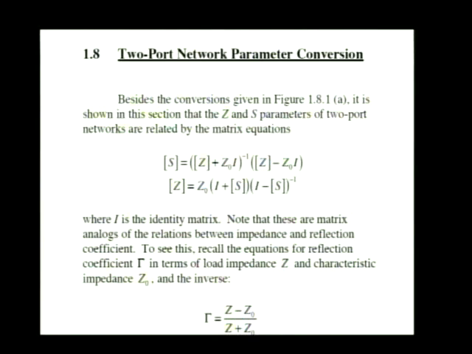Basically, that table, which is called figure 1.8.1, plus the table that I provided in the textbook, are the main formulas of interest there. One other set of interesting relationships is the relationship between the impedance parameters and the scattering parameters,